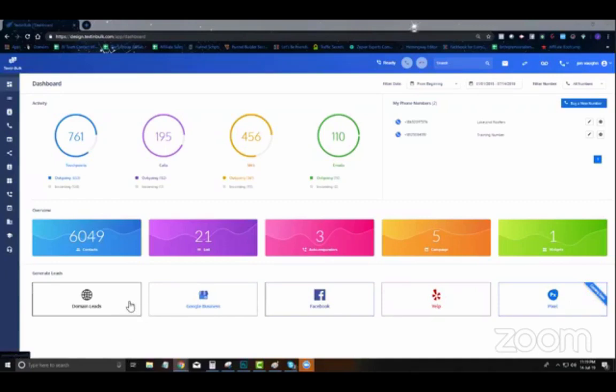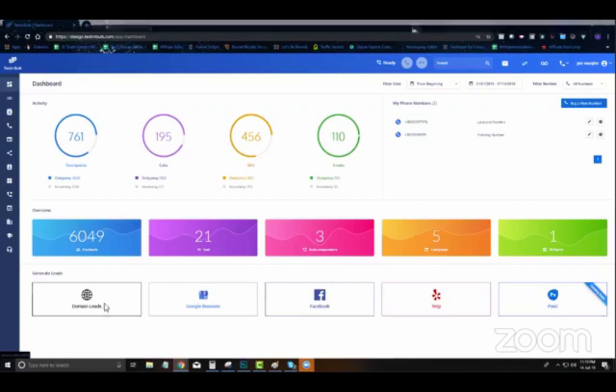So then we also have inbuilt lead generation right inside the platform. So I did demo you how you can connect with your Facebook ads, or how you can connect with your landing pages and instantly connect with those leads within 30 to 90 seconds of them opting in. But if you don't have any leads yet, and you're not collecting leads, and you don't actually have a list of leads already, or you don't have any ads or any funnels that are out there collecting leads, you can